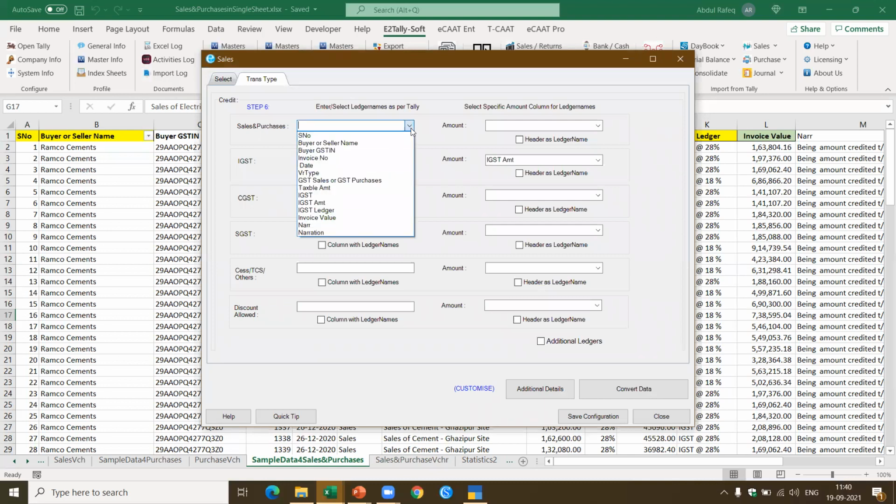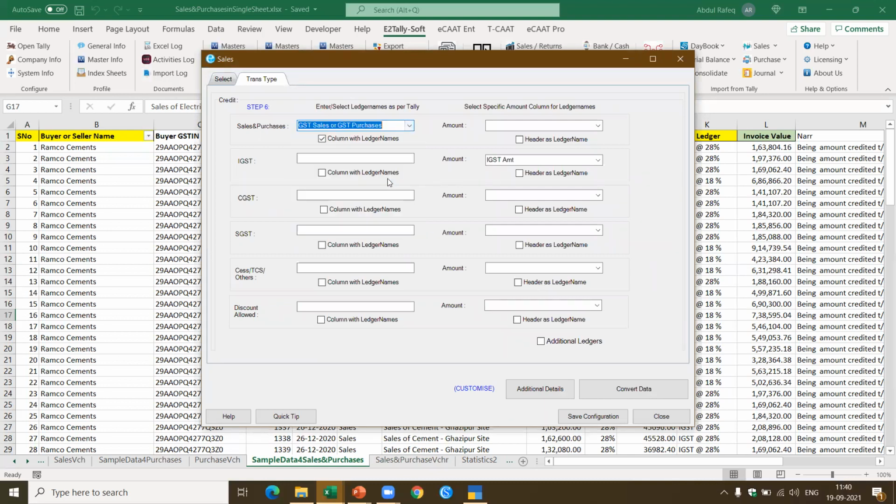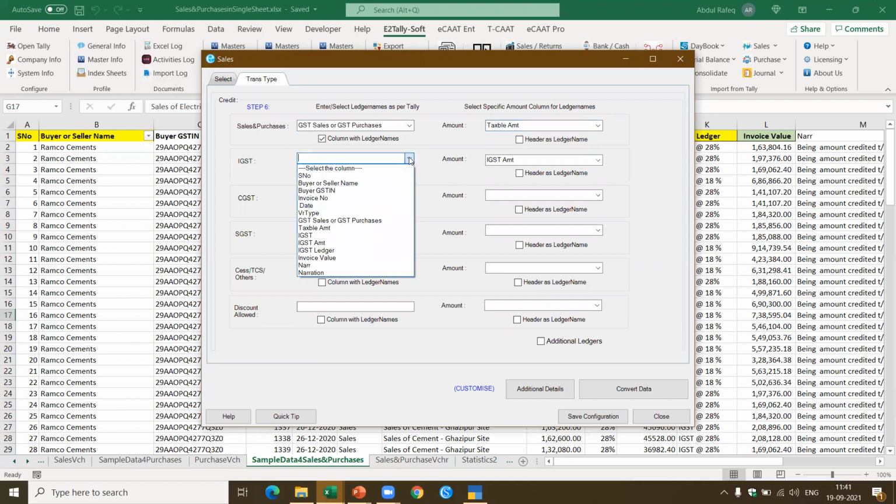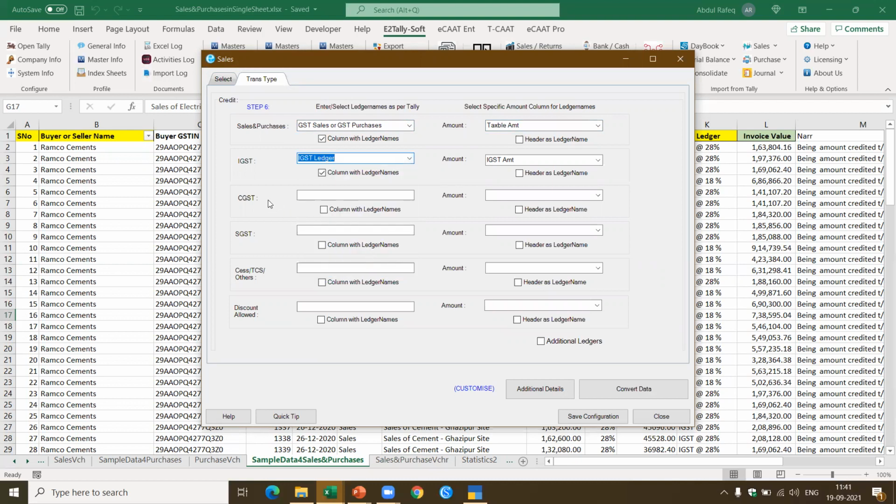Now you follow the same pattern. I go and select the purchase or the sale, and I select the amount. The amount is in one column, taxable amount. And now I select the IGST. In this case, there are only IGST transactions, that's why I selected IGST. If the CGST, SGST, or cess is there, or even if discount is there, I can also do that. Okay, that's all. This is the selection.